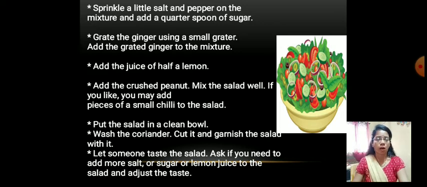First one, when you are going to make a salad, you have to take all the vegetables, cucumber, then cabbage, all the necessary ingredients. Then first wash all the vegetables properly, then clean the vegetables and cut them in the proper way. Mix it well, add all the ingredients in it and serve it to the other members in your family.